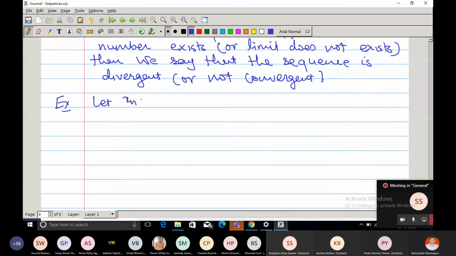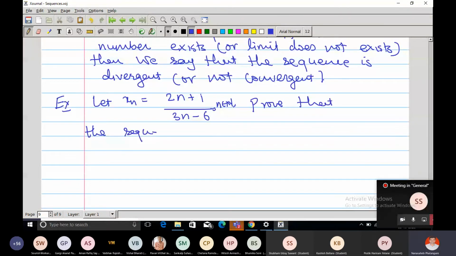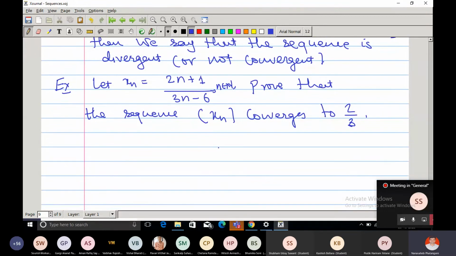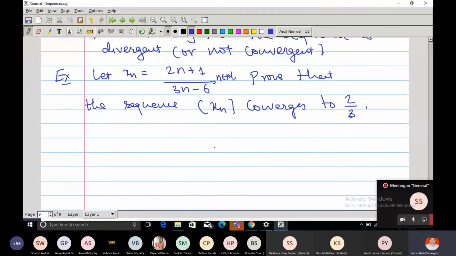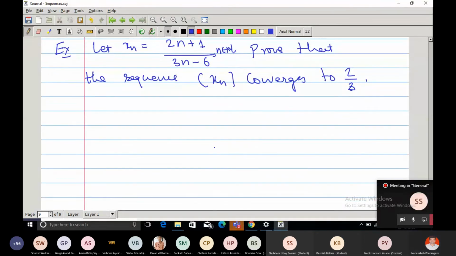So let xn be equal to 2n plus 1 upon... Prove that the sequence xn converges to 2 by 3. This sequence converges to 2 by 3. The procedure is similar: can you produce k for epsilon? So this is an exercise. I will leave this as an exercise. But the point is,